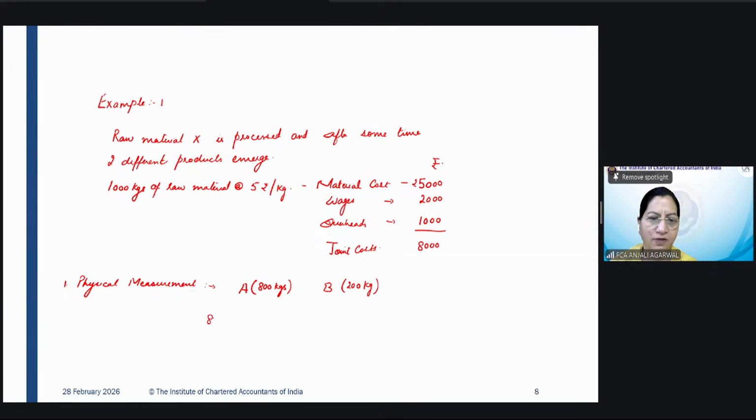So 8000 of joint cost should be apportioned between A and B in the ratio of 8:2 or 4:1. So this becomes your ratio in which you will apportion the joint cost. So 8000 divided by 5 will give you 1600. So 1600 into 4,